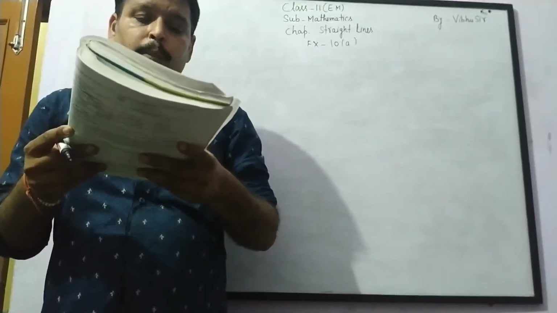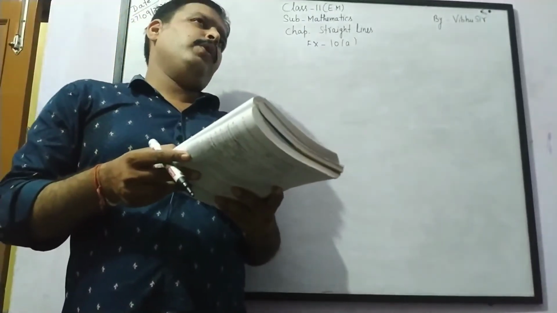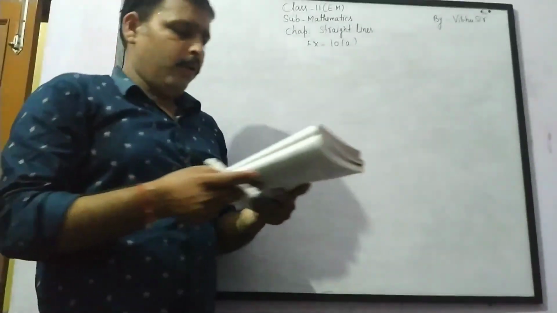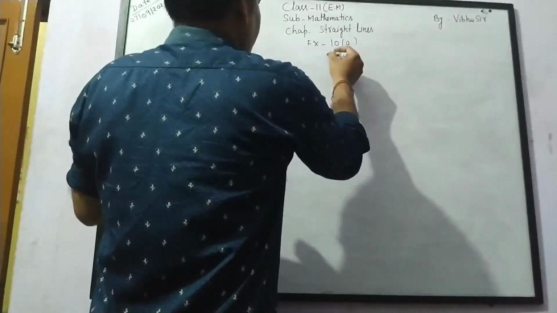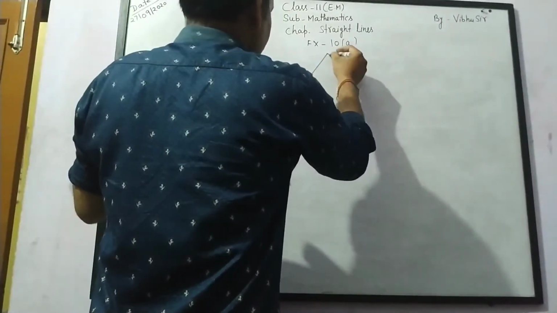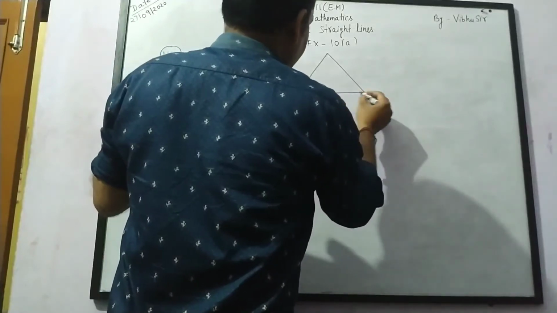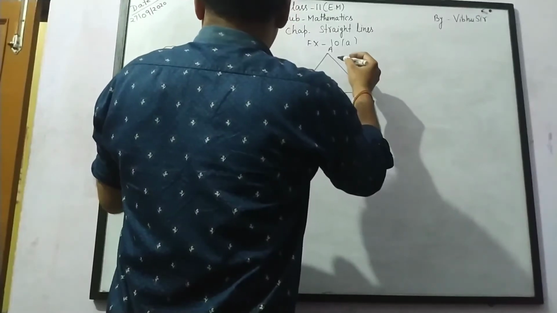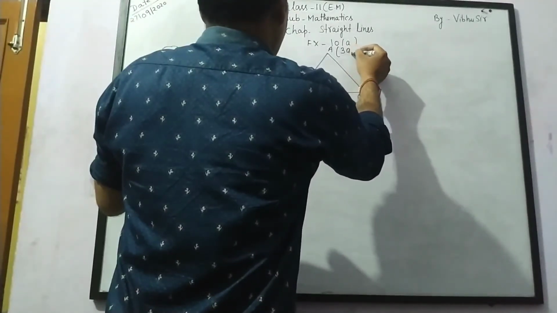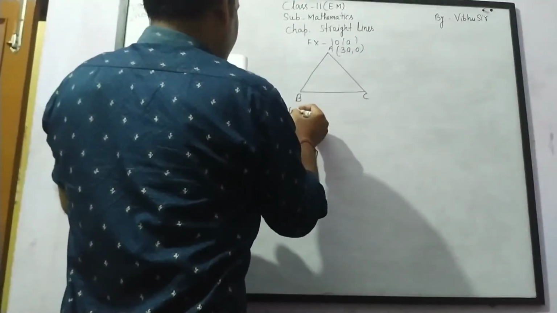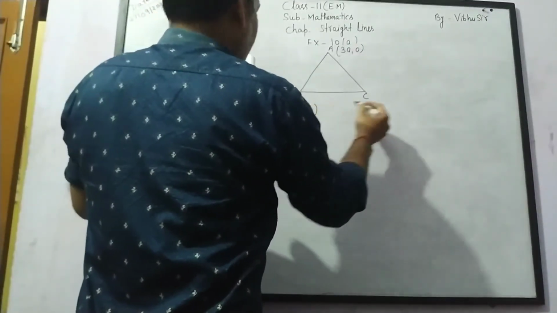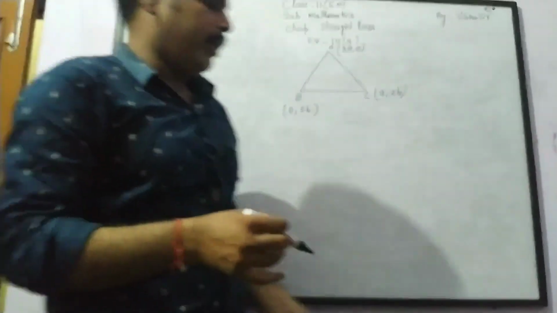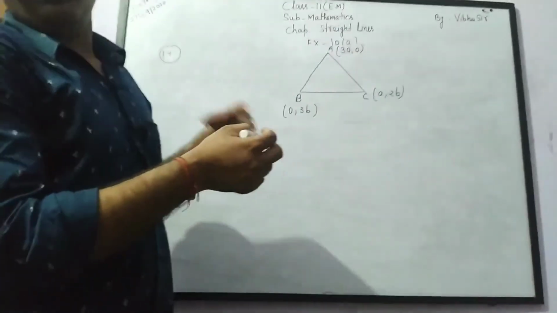Question number 14, prove that the points are collinear. So we know that if the area of a triangle is 0, the given points are collinear. Now prove that the area of the triangle made by the given points is 0. Let triangle ABC have coordinates, suppose A is (3a, 0), B is (0, 3b), and C is (a, 2b). Prove that these points are collinear, meaning all 3 points pass through only one line.